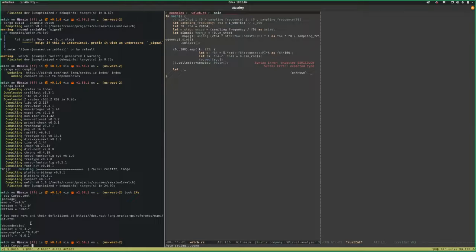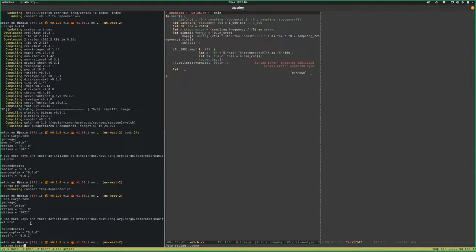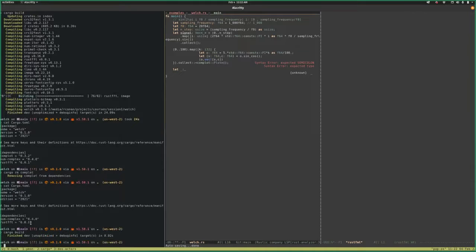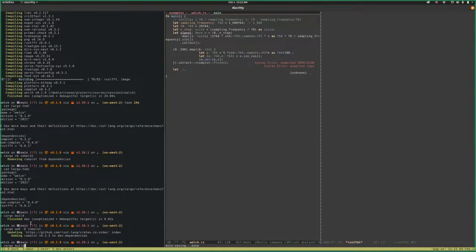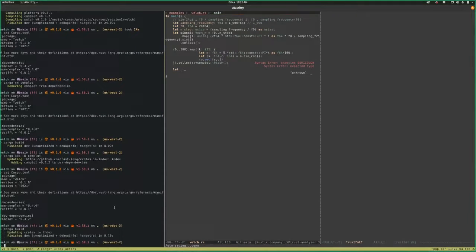So let's remove complot now from the library. So it disappears from Cargo. The cargo build will work like before, and we're going to add it again. Cargo add, but with the -D option, which is for development. If you do that and look at Cargo again, you see now it's a development dependency. Now if I build my library, it does nothing. But if I build my example,